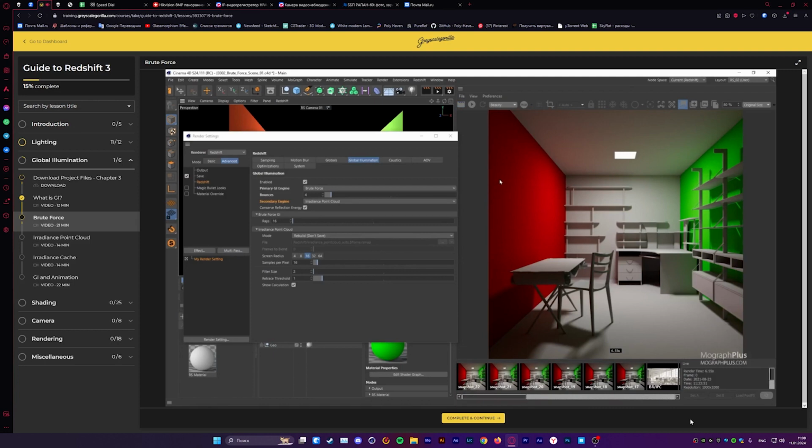Now, it only took 6 seconds. The render time is essentially cut in half, which is amazing. And if I save and compare it to our previous render, which was done with brute force as both primary and secondary engine,